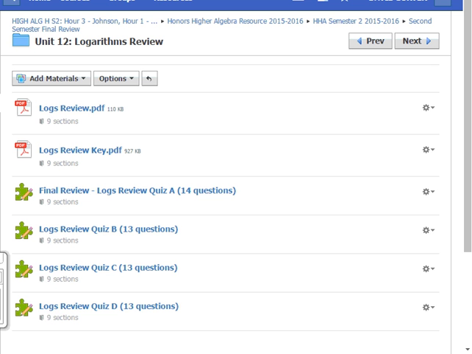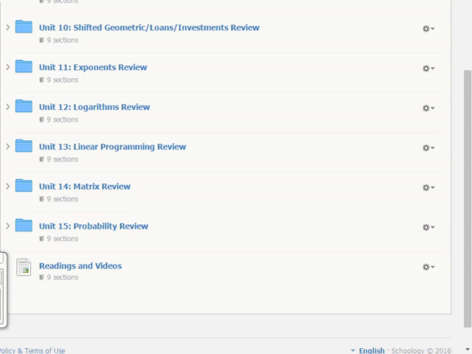Okay, today's review is coming from Unit 12, logs, and we're going to be doing logs and linear programming today, and that's a big day, but I think you'll remember a lot of this. The logs might be a little bit more challenging than the linear programming, but let's start with logs. So if I say 5 to the x is equal to 12, you know there's some power you could